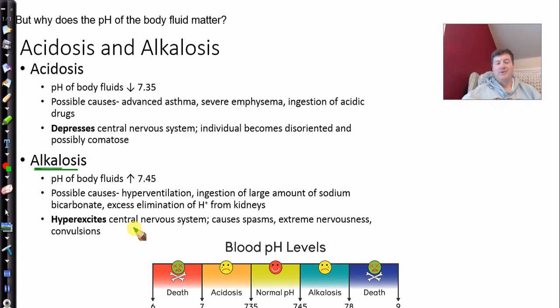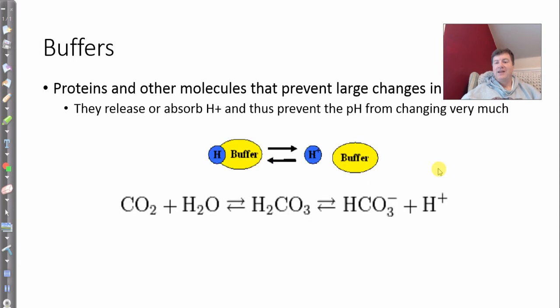And this can be fatal. And you're thinking to yourself, if it's 7.4 and it just goes a little bit to 7.35 or a little bit to 7.45, that can lead us to some possibly fatal conditions? Yes. That's why it's really, really important that the body has a mechanism of maintaining and protecting its pH